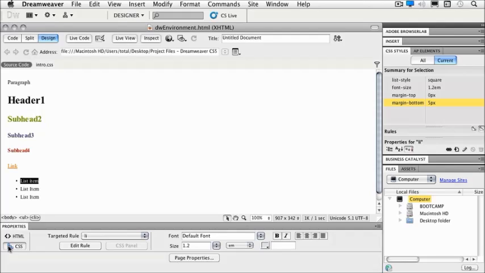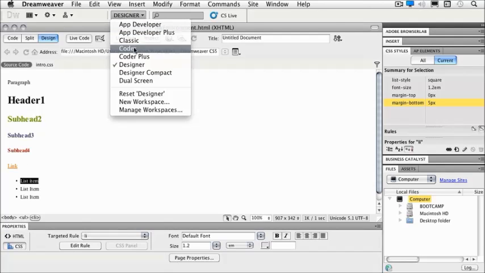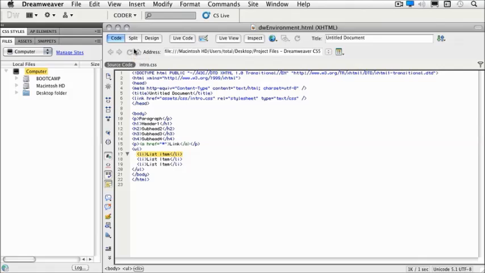Next, let's take a look at our panels and our workspaces. If you're familiar with other Creative Suite applications, you might also be familiar with being able to change your workspace. If we take a look at the top of our screen, we'll see that right now it says Designer, and there's a little arrow that has a drop down to it. If we go ahead and click on that Designer and change that to Coder, for instance, we'll see that your page changes to Code View and that your panels move over to the left-hand side, and you're able to see your Files panel more specifically. Let's go ahead and change that back to Designer,